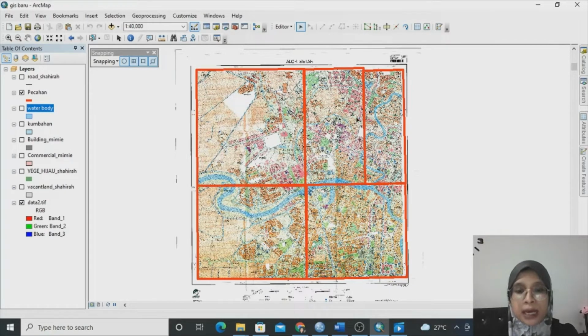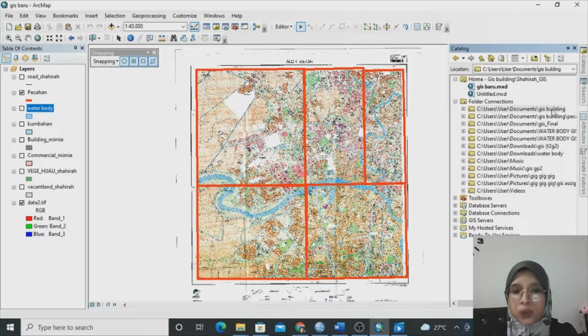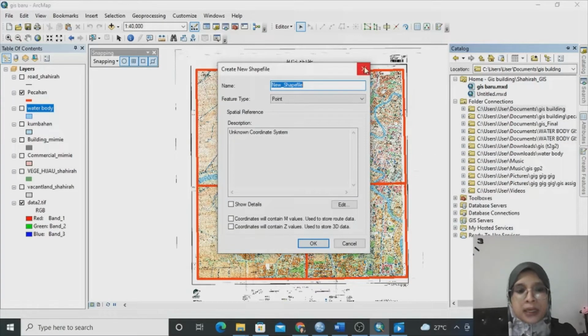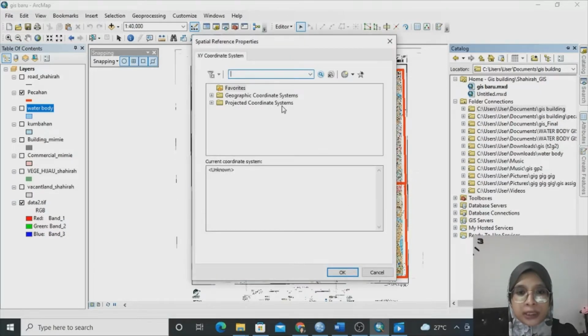create a shapefile, how to digitize data, and how to attribute data for water bodies. First, we go to the catalog on the right and select the folder where we want to create a shapefile. Right-click your mouse and press New and then Shapefile. After that, change the name to water bodies. Change the feature type to polygon because it is suitable for water bodies. And for the description, press Edit, select Projected Coordinate System,